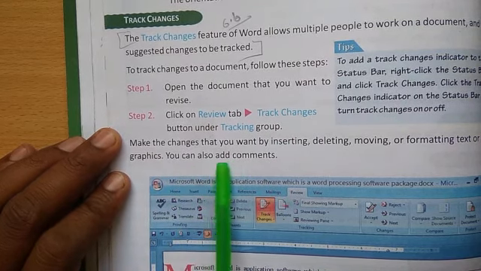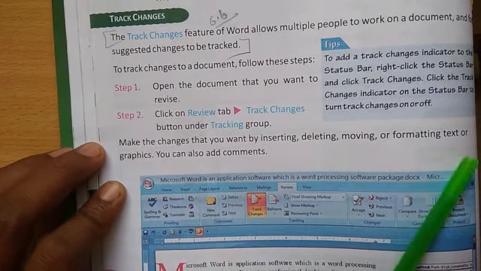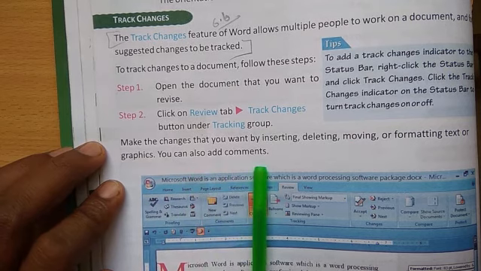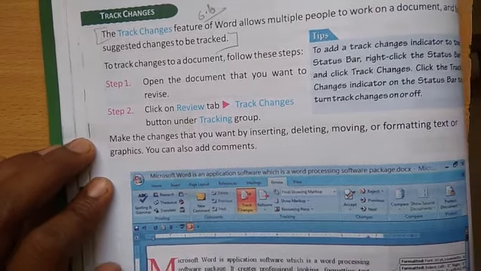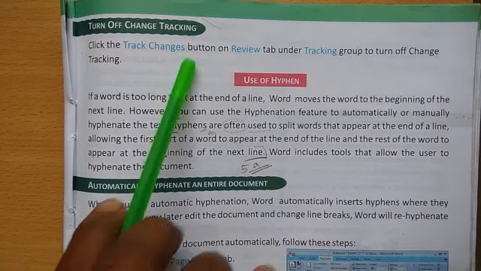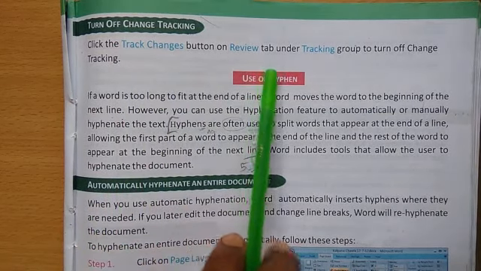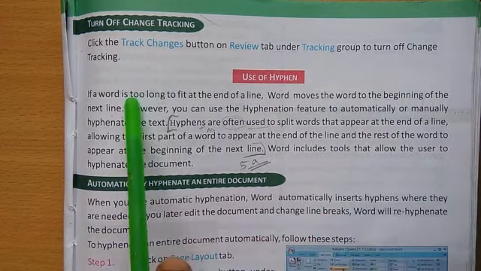Make the changes that you want by inserting, deleting, moving or formatting text or graphics. You can also add comments. Turn off change tracking: click the Track Changes button on Review tab under Tracking group to turn off change tracking.